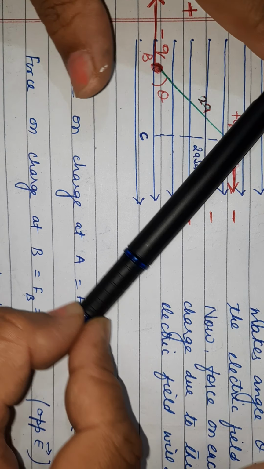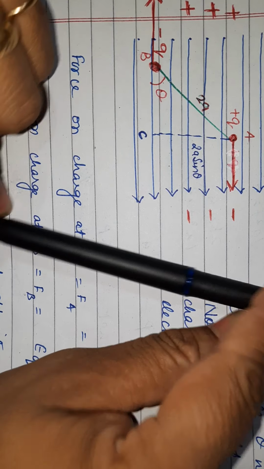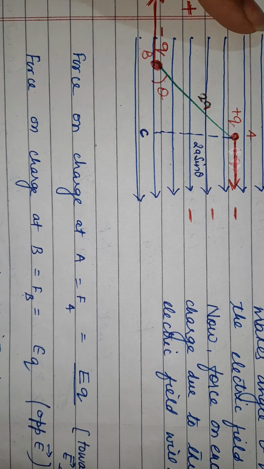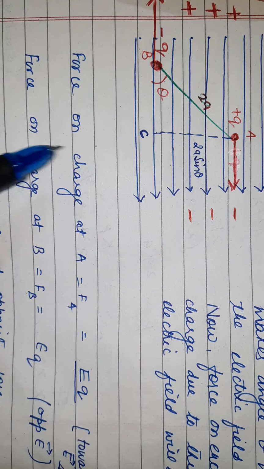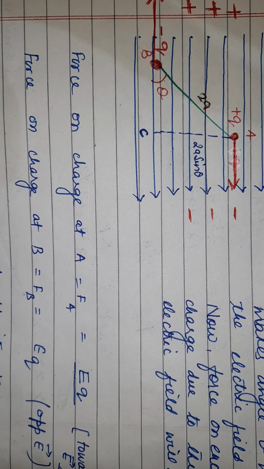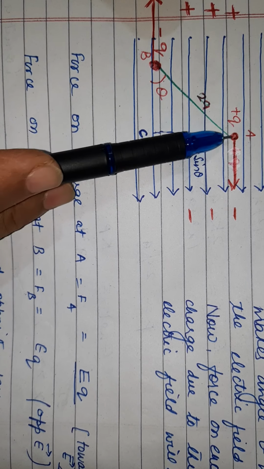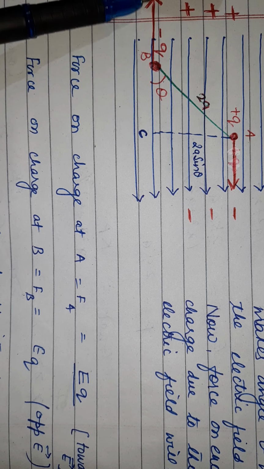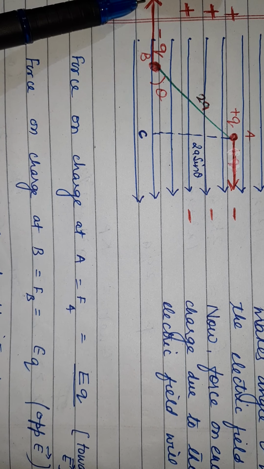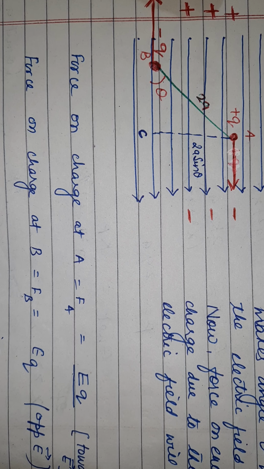So it tends to rotate this. This type of equal and opposite charge tends to rotate this. So this is how the torque is produced in the dipole. The net force acting on this dipole is 0, right? But since the line of action of force is different, here it is this, and here it is this, a torque is produced.